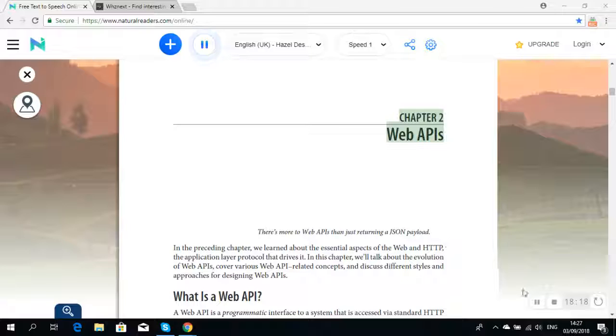Chapter 2. Web APIs. There's more to Web APIs than